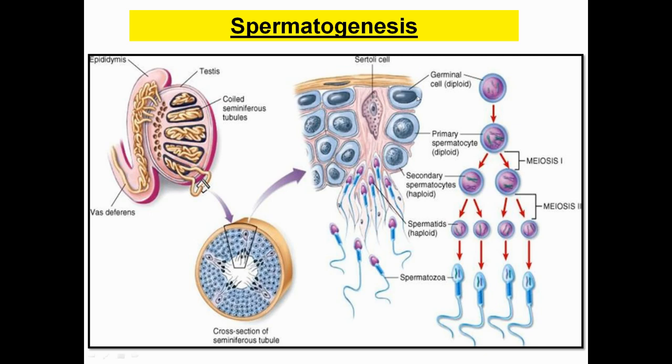And inside the lining of the seminiferous tubule, you can locate the germ cells. Germ cells are the mother cells which are going to give rise to the spermatozoa or sperms. And how do they give rise? At puberty they form multiple copies of themselves, and after forming lots of copies, each of them forms a primary spermatocyte after absorbing lots of nutrients and forming internal structure.